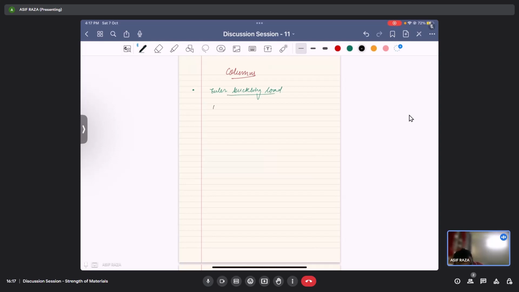It is given by the relation pi square E I minimum upon LE square, where PE is the Euler buckling load,